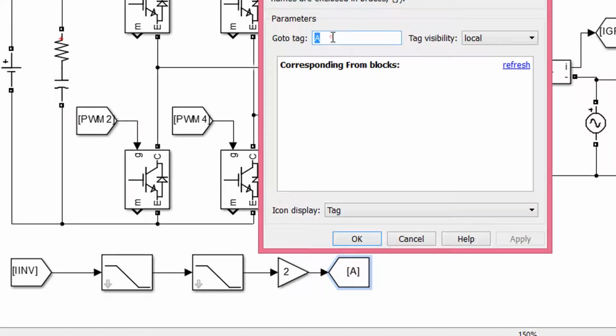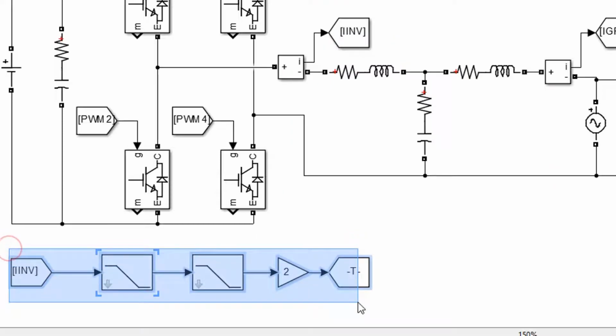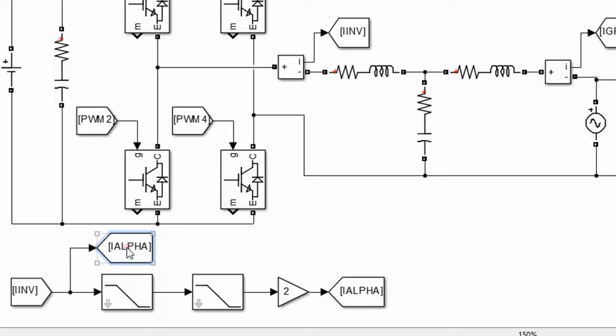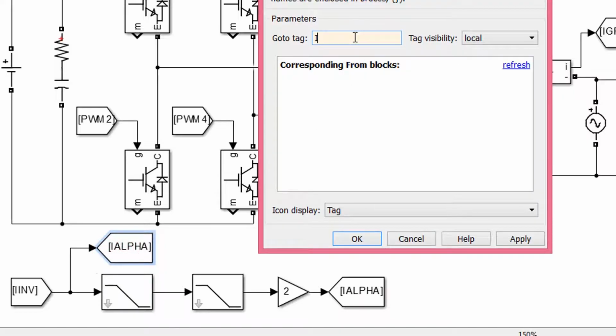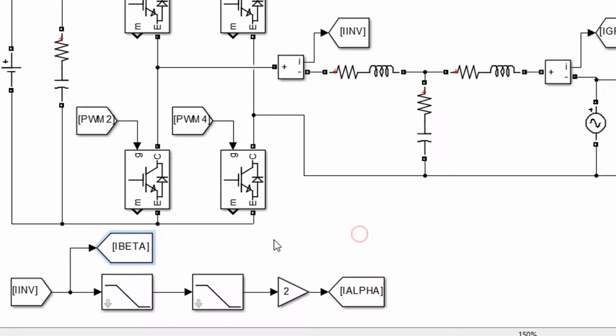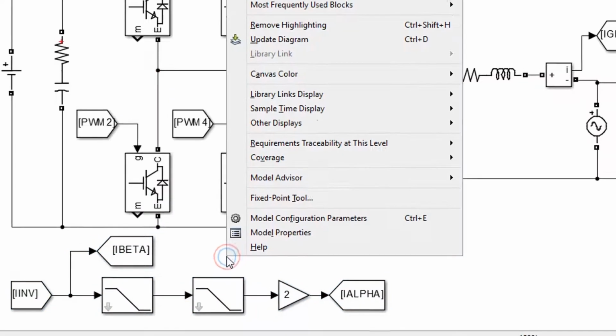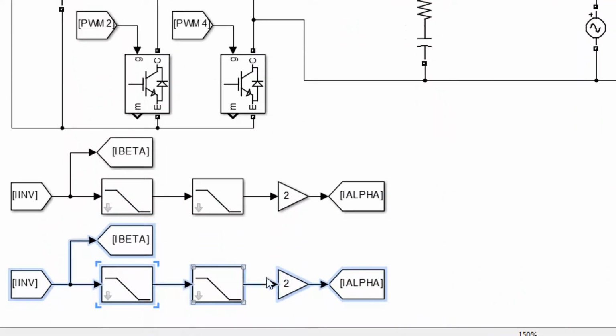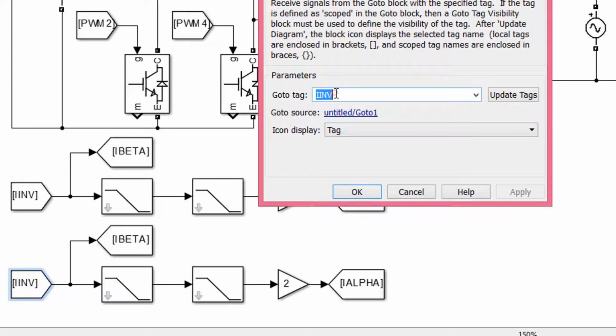Name the output as I alpha and input as I beta. Copy and paste the entire block to generate alpha-beta signals for grid voltage. Change input and output from current to voltage.